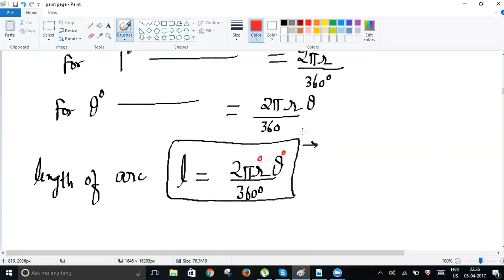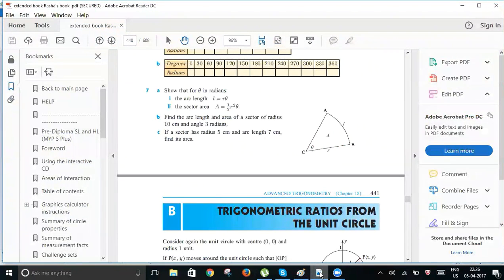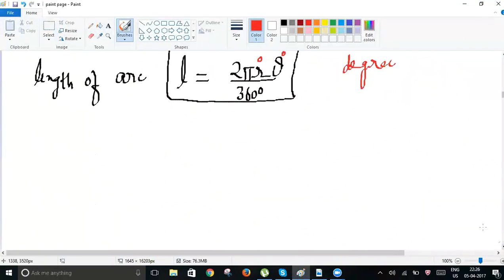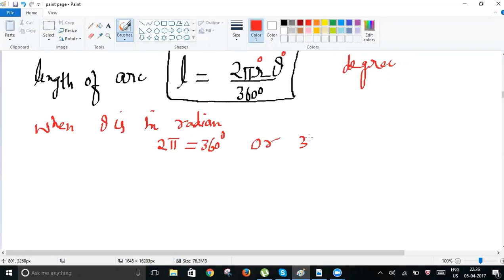So look, this is the case when we have measured our angle in degrees. I should write it so that no confusion is there. That's in degrees. So the one that I said is for degrees. Listen, when theta is in degrees, then we use this formula. Fine. But what if theta is in radians? When theta is in radians,